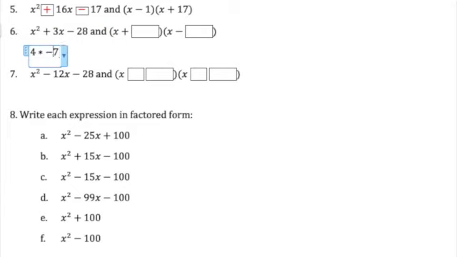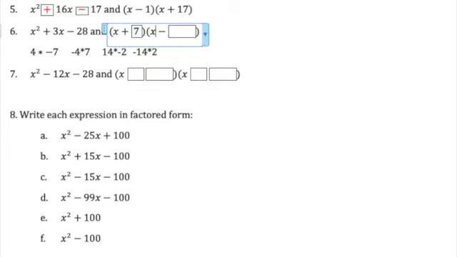So I can make one of them negative. Negative 4 times 7, 14 times negative 2, negative 14 times 2, but if I'm thinking while I'm doing this, negative 4 and 7 adds to get me 3. So I could think x plus 7 and x minus